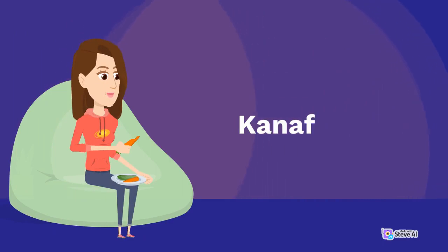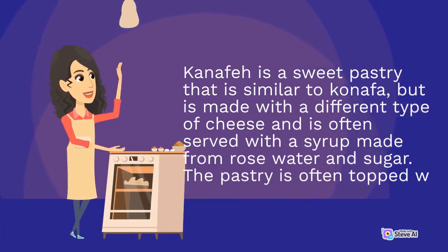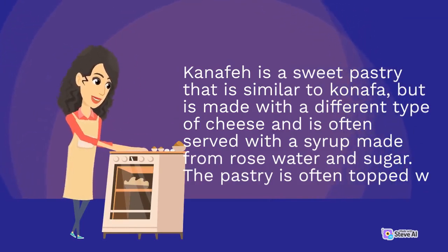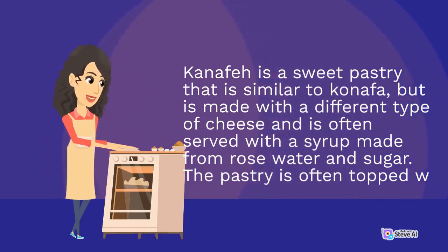Kanafe. Kanafe is a sweet pastry that is similar to kanafa, but is made with a different type of cheese and is often served with a syrup made from rose water and sugar. The pastry is often topped with